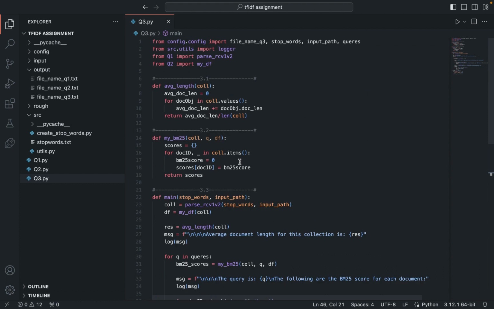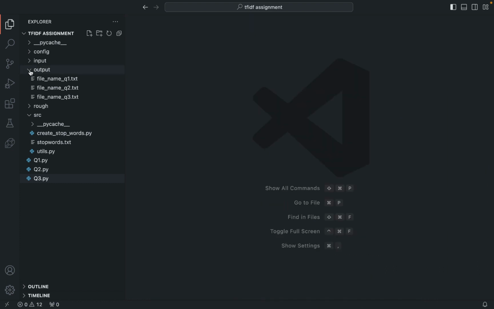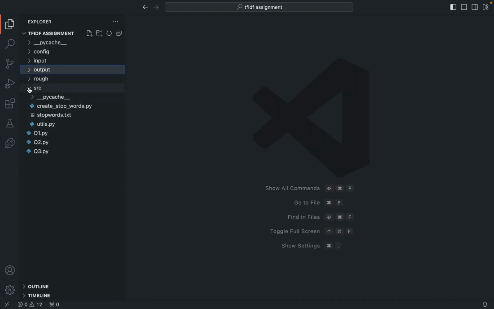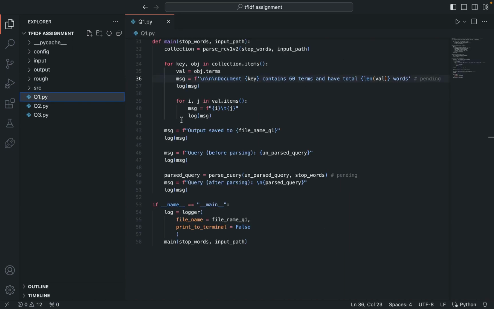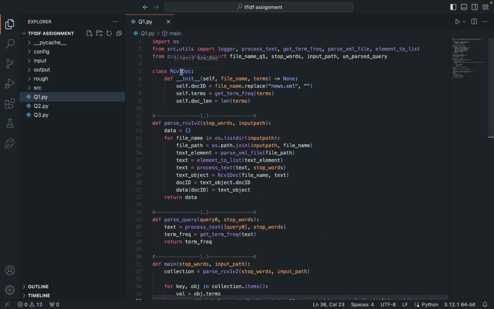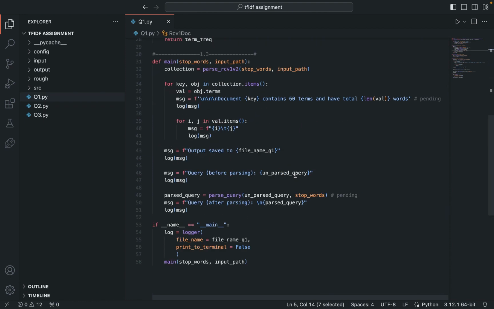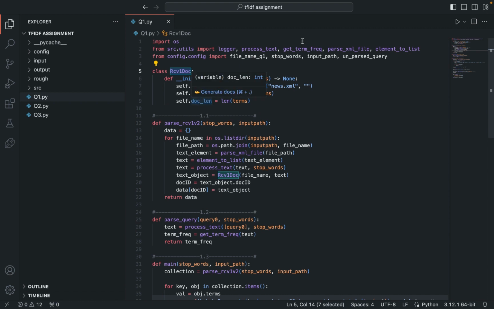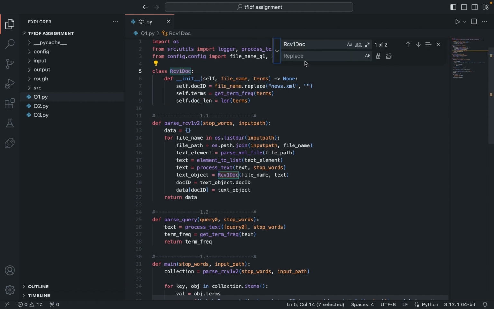Okay, now the only part that is pending is nomenclature. The nomenclature in this entire repository is terrible. Let's go fix it. First thing, we need to make use of either snake case or camel case. In Python, it's always preferable to go with snake case instead of camel case. So, Control F, go here,